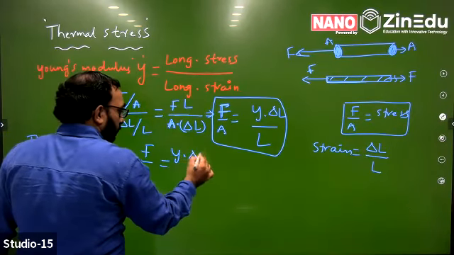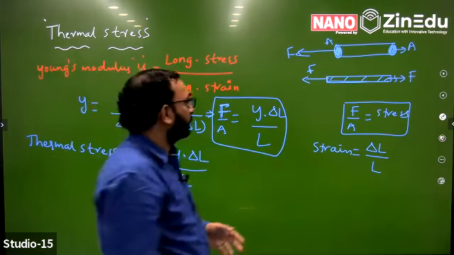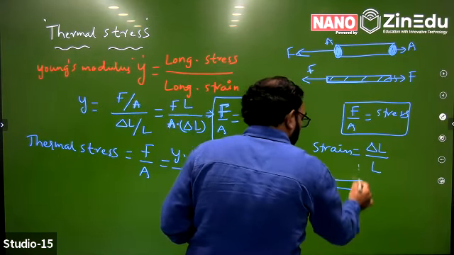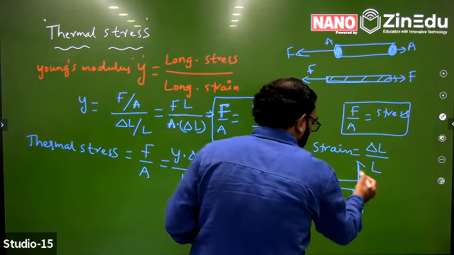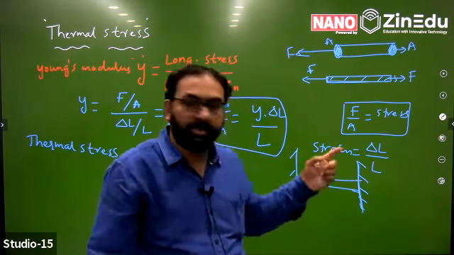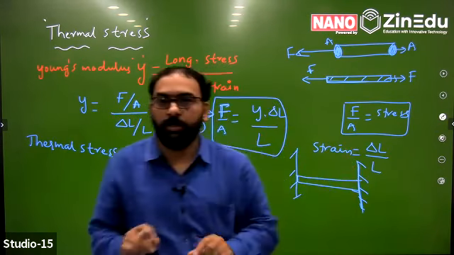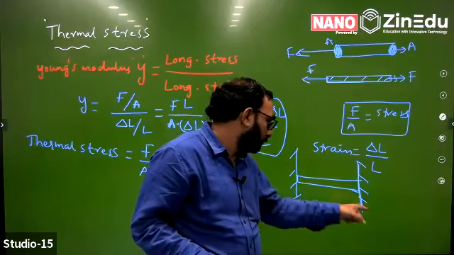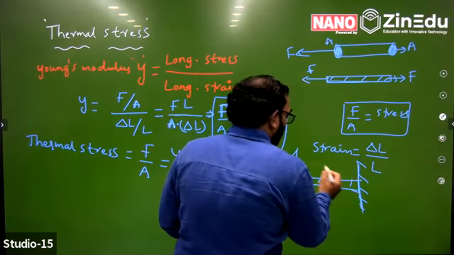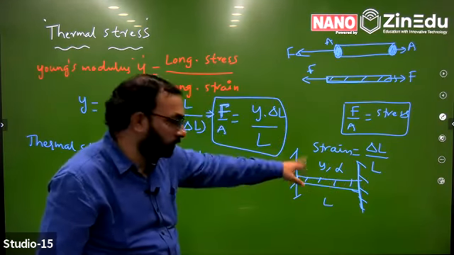But I will explain why we are calculating all these things, exactly what is going to happen here. Exactly here, I keep a rod, and this is a wall, this is one more wall. This rod is kept exactly between the two walls, and it exactly fits into the gap of the two rigid supports. This length of the rod is equal to the gap between two walls. This is initial. Now this rod has length L, Young's modulus Y, expansion coefficient alpha.